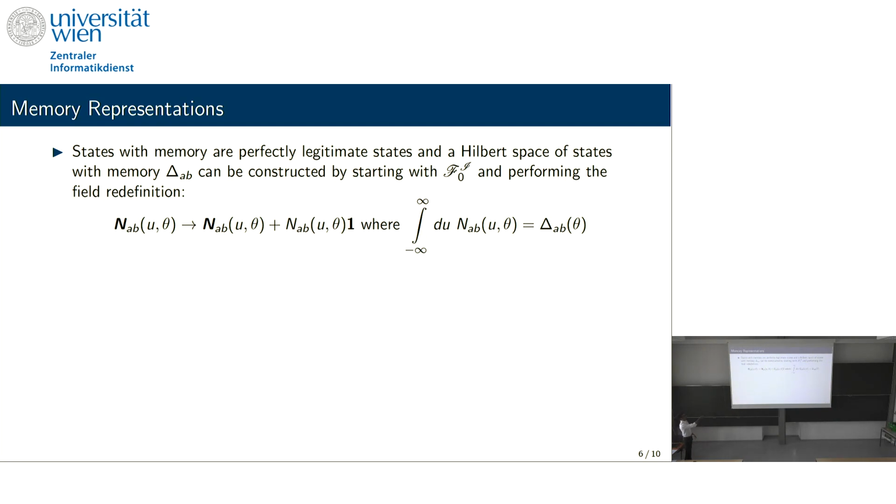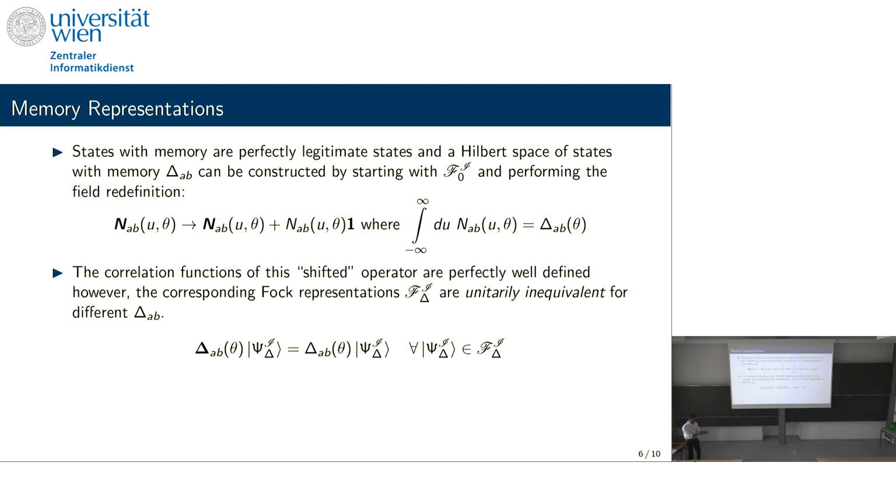This is a classical solution times a multiple of the identity. For those of you who know, what I've done is I've just made a coherent state with memory. And I've given it memory because I've told you that the integral of this classical solution, the news, is non-zero. It's given by this memory. Okay, so if I had a state on the standard Fock space, and I do this shift, all of the states now have memory. And they're all going to have the same memory delta,